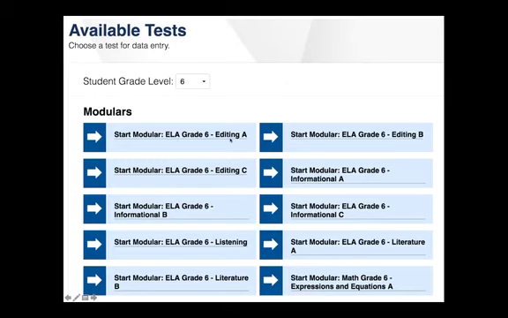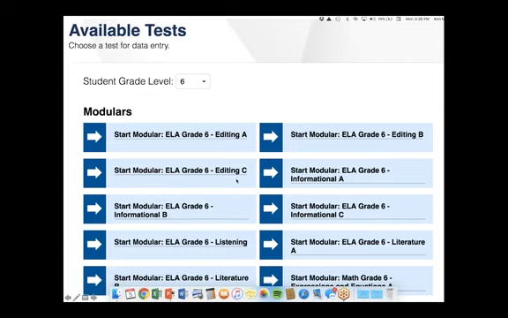Here's ELA editing and ELA editing. So this is editing A and B and C. Editing has 3 versions of the assessment. Theoretically, version A, version B, and version C are supposed to be the same. You could give version A, see where your students are. If they need some reteaching, you could reteach. You could use the questions from B for your reteaching, and then you could give them C as a post-test.